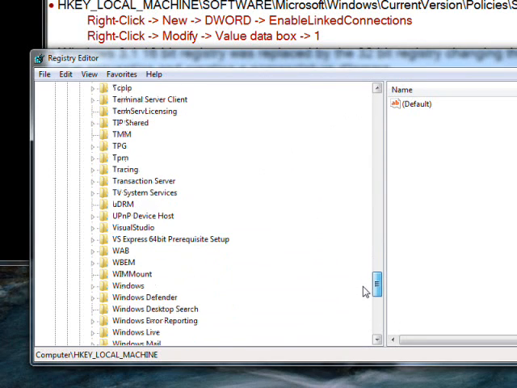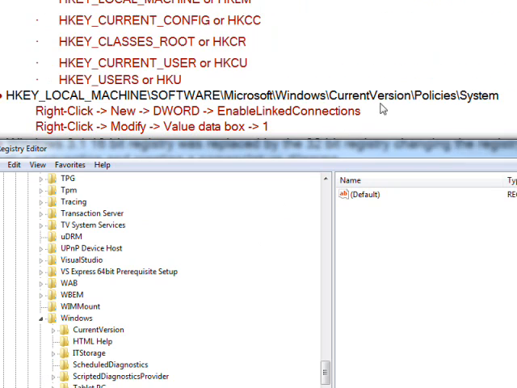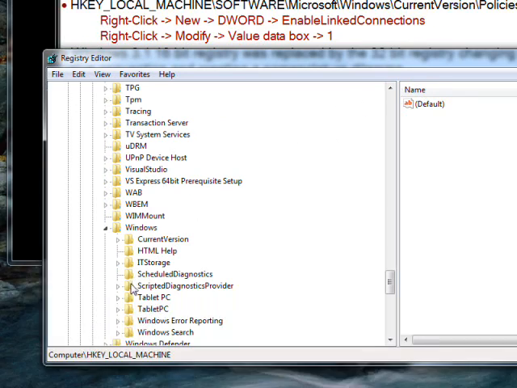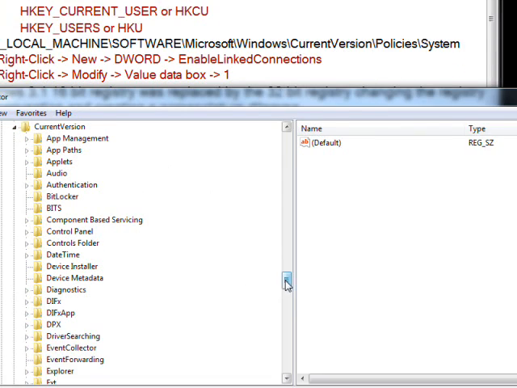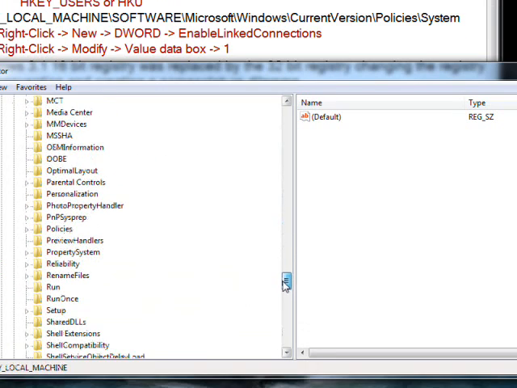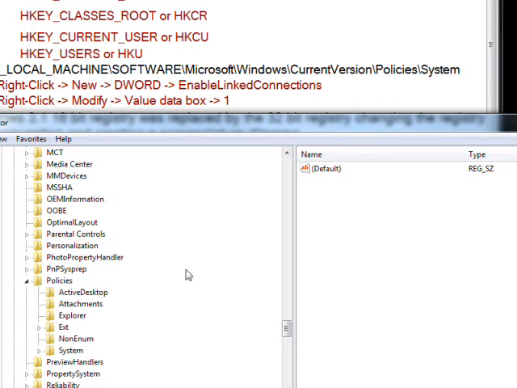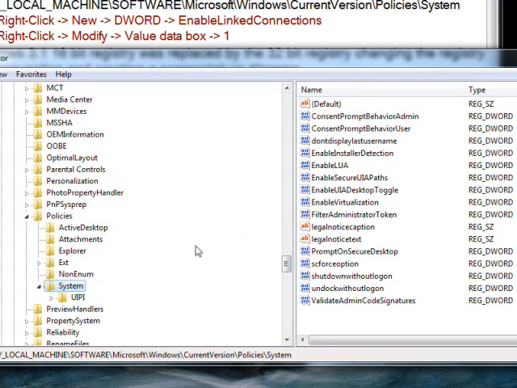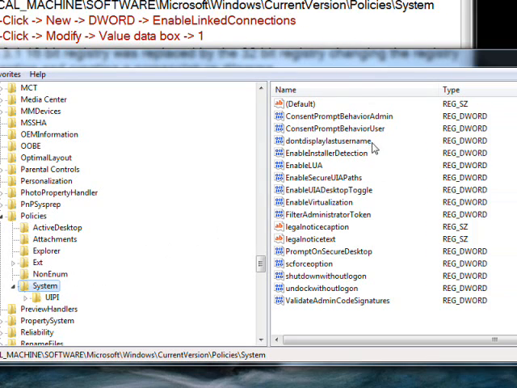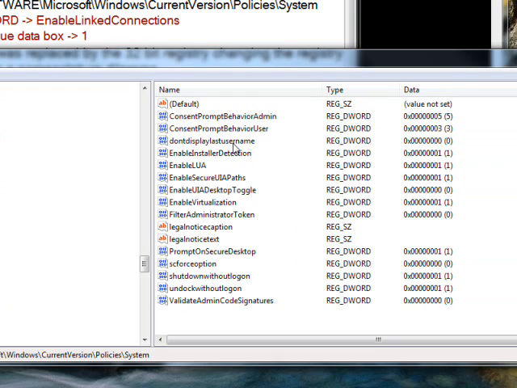you can see how many subkeys there are. I click on Windows, and the next subkey is current version, and the next subkey is policies. And the final subkey is system. So if we click on the system, we see a whole series of what would normally be called key values. But when they went from the 16-bit